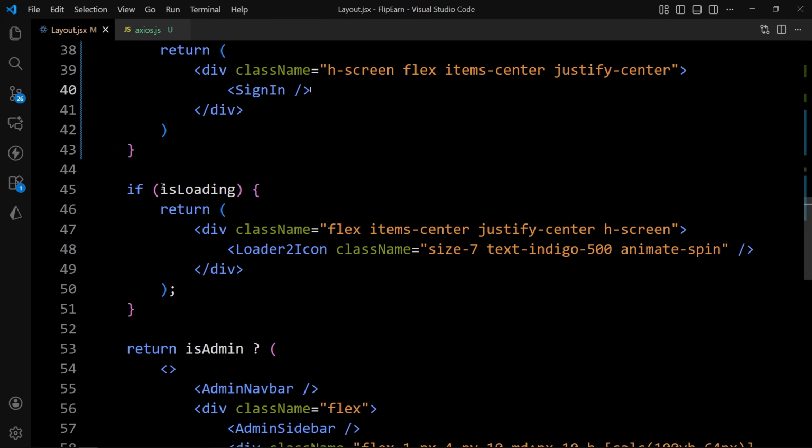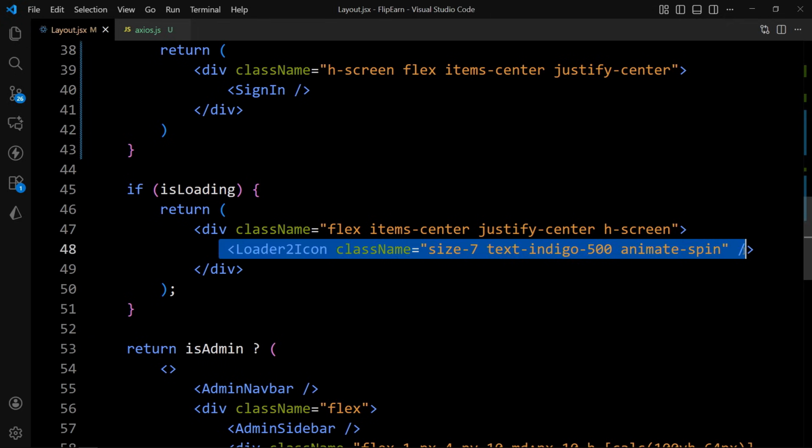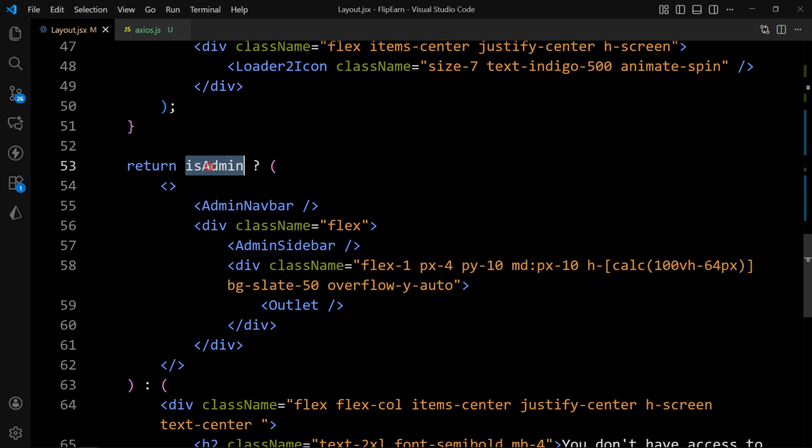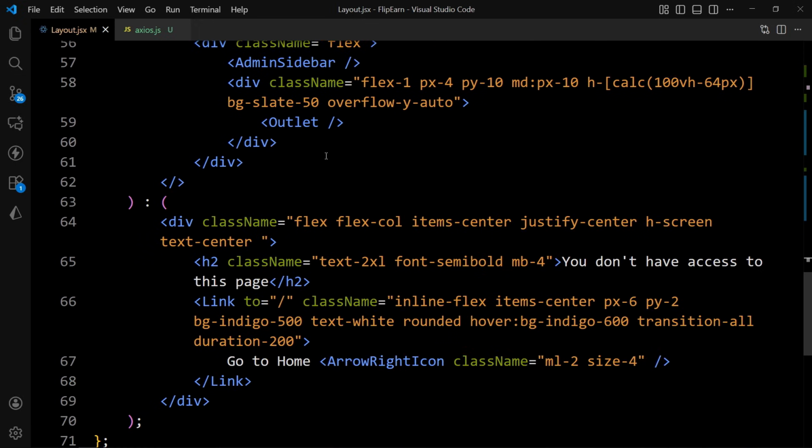And when this isLoading is true, it means the web page is loading, it will display the loading animation, right? And after that, here we have isAdmin. So when the isAdmin state is true, it will display this fragment that display the admin navbar, then admin sidebar and outlet that will display other pages using this outlet. And suppose the isAdmin is false, it means the user is logged in but the user is not an admin, then it will display this page, right, where it will say you don't have access to this page, go to home page. So let's save the changes,